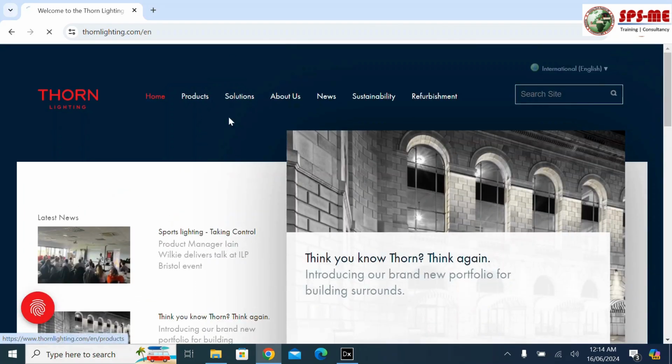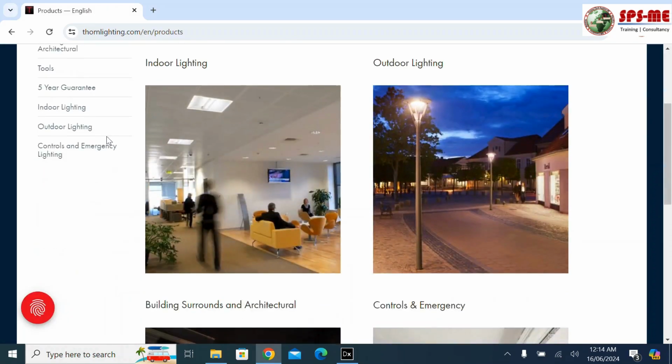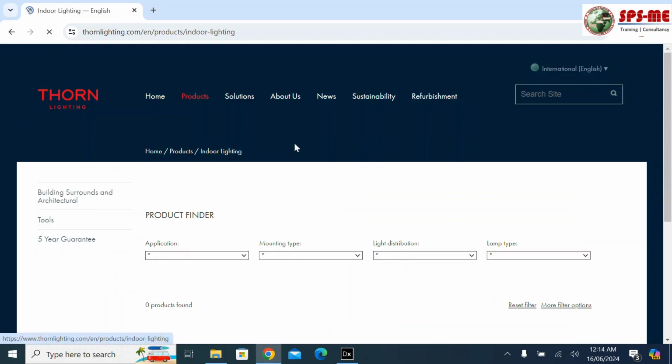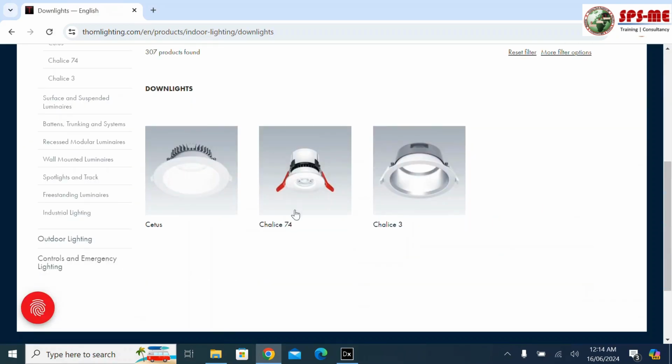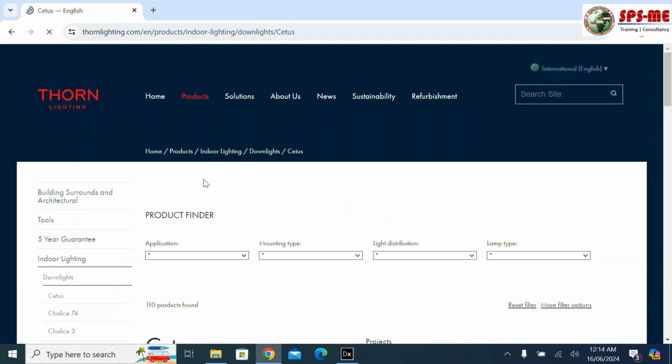Okay, then I select the product and you can see the indoor lighting. Let me select some lights. Maybe this down light I'm selecting, or anything. Maybe I'll select this down light. Okay, so from here you choose one of these lights